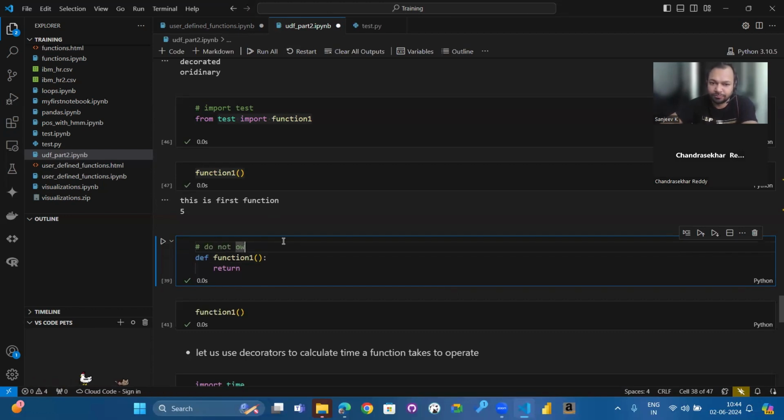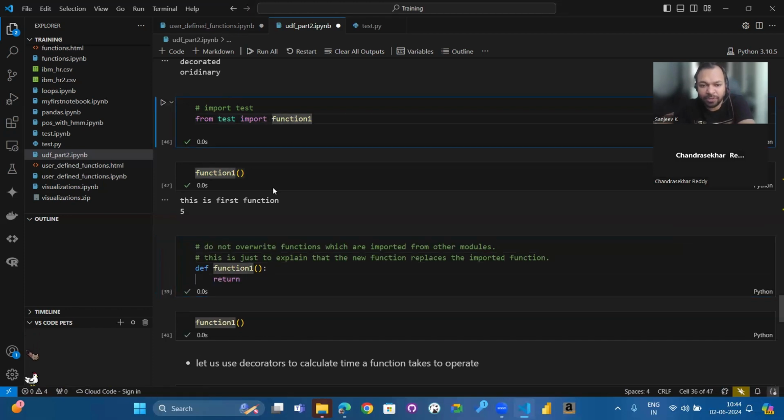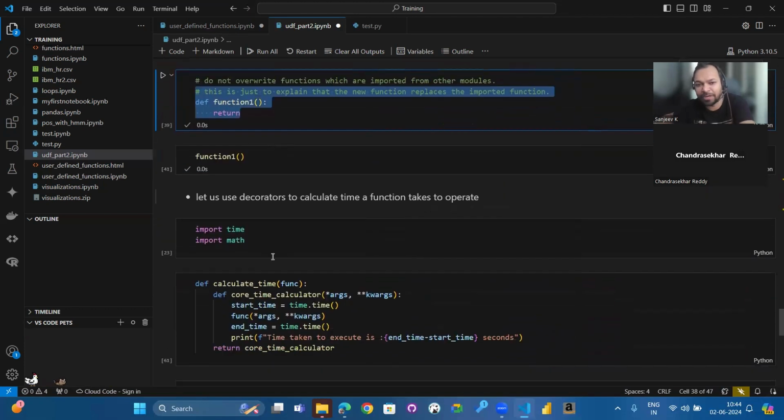Okay, we should never do this. You have already imported function one, and then you're trying to replace that function with some other functionality. That's a bad way of writing code.